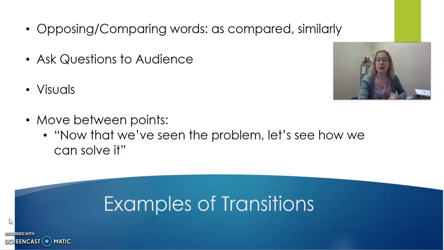When you move on from one main point to the other, it's really important that it's obvious to your audience that you are moving on. That helps us pick, okay, we're on to a new topic. I will give a little video in our class on how to do transitions, because that is kind of the most difficult part of the outlines. Definitely think about that. You don't have to write it out for your rough outline. That's more for you. But for your transitions, it helps to write those out,